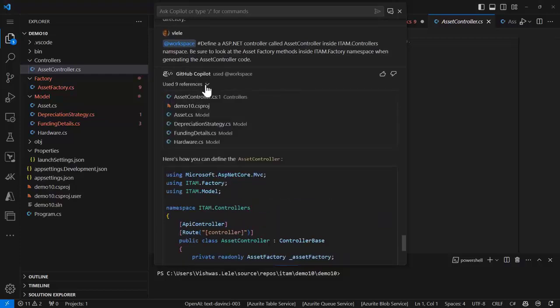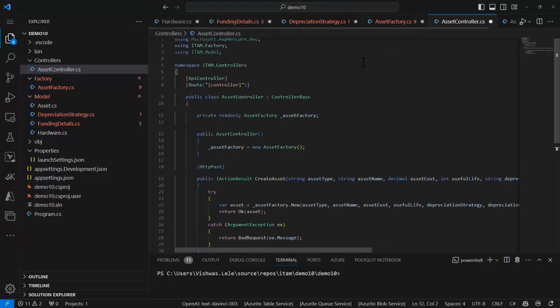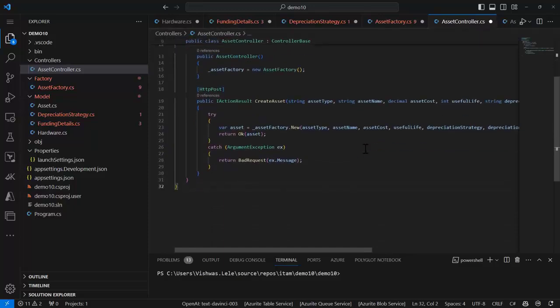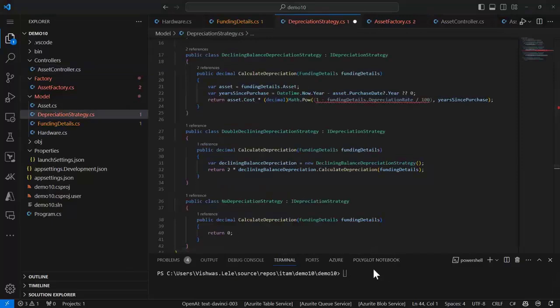And we are just going to use the post verb. So you can see the HTTP post action has been created. And notice here that we are referencing a number of different classes as part of that. So the model is not only generating the code, it is citing all the references where it based the code from. Let's paste this here. And at this point, we should be able to save all the files. So I'm going to hit Control-K followed by an S. That saves all the files. Let's go ahead and build our project.